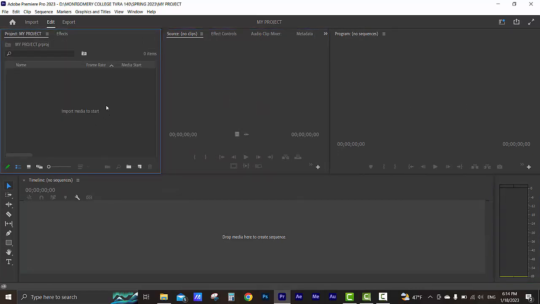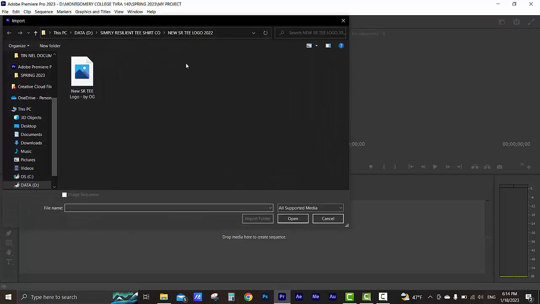Okay, so in order to really kind of get a sense of what these things do, I'm going to go ahead and bring in a few clips, which is called importing, which is why it's asking me to import some media right here. Okay, so I'm going to go ahead and double click inside that window, and it's going to automatically open up